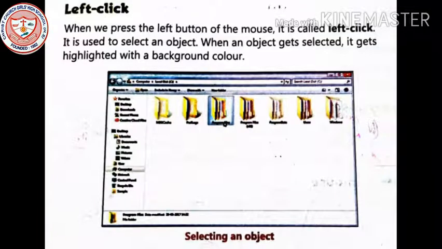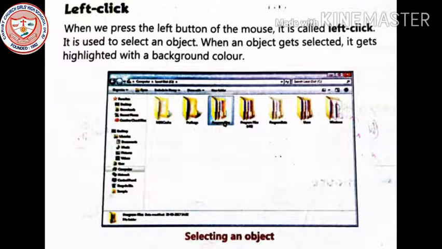Now see left click. What does the left click do in a computer? When we press the left button of the mouse, it is called the left click. It is used to select an object. When an object gets selected, it gets highlighted with a background color.